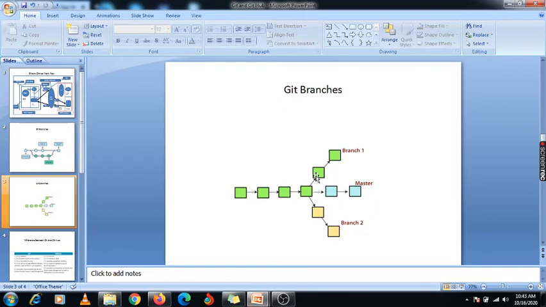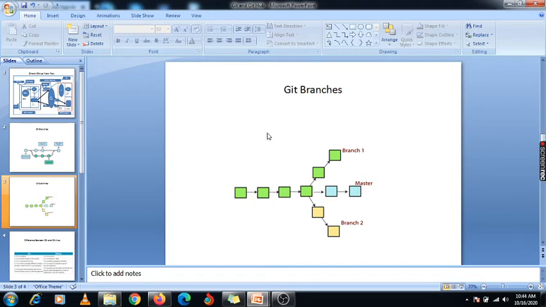So if he wants to deploy any particular code, or change something under that master branch, then we need to create some sub branches, that is branch 1, branch 2. Like that we can create multiple branches. There is no limitation to creating sub branches, right? And if that branch is ready to merge with your master branch, then you can merge it, right? There are some other concepts available, like conflict and so on, that we will discuss in the lab.